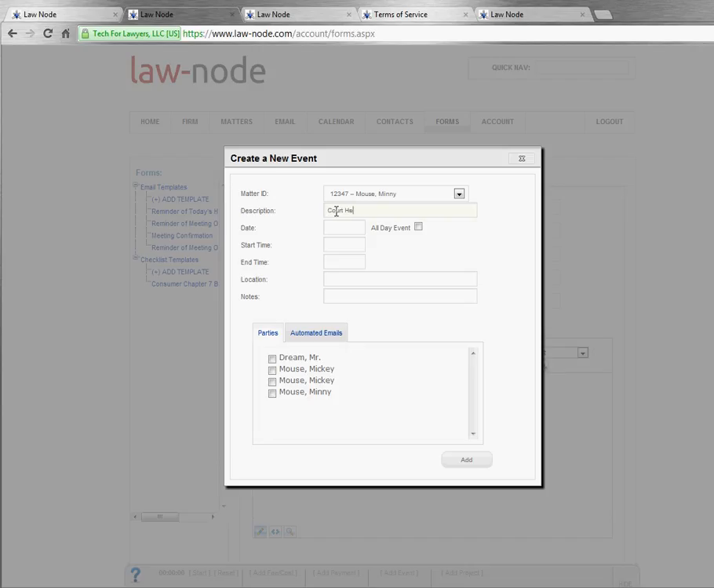And enter in the time, enter in the location. Now you can edit these locations in the firm page, but for now we'll just say courthouse. Select yourself and all of the other parties that will be attending, and select the automated email. So here's the one that we created, reminder of today's hearing. Click Add,